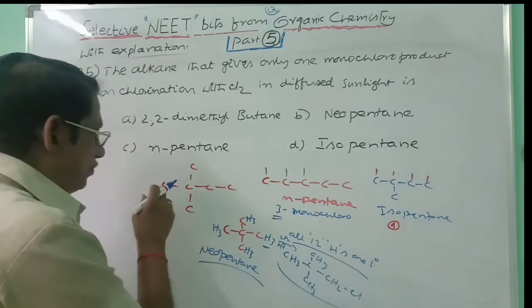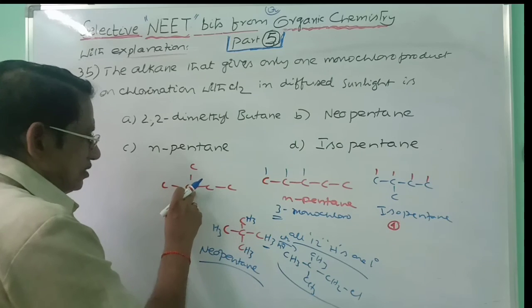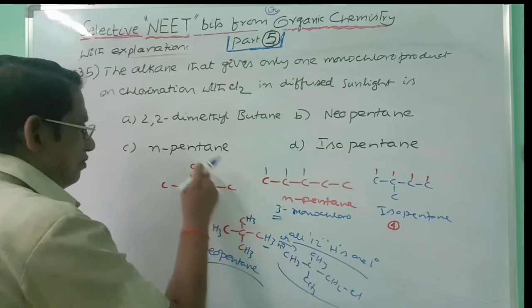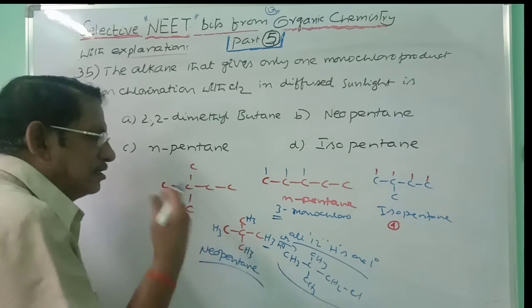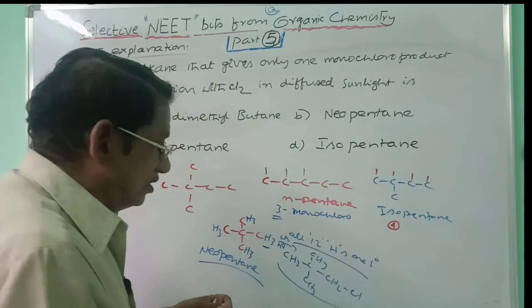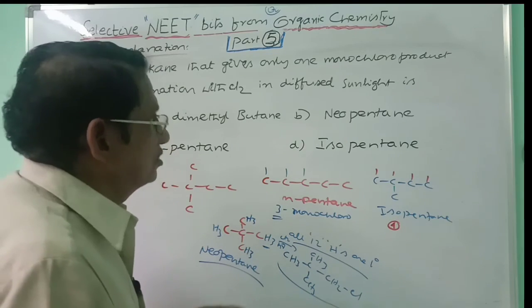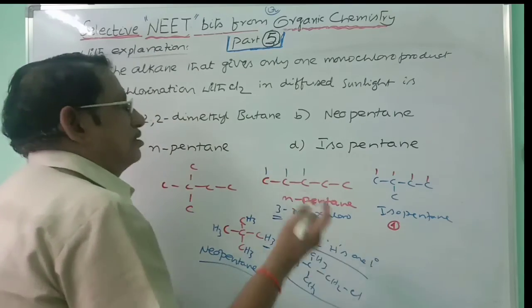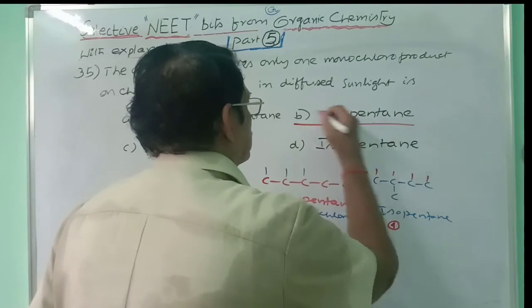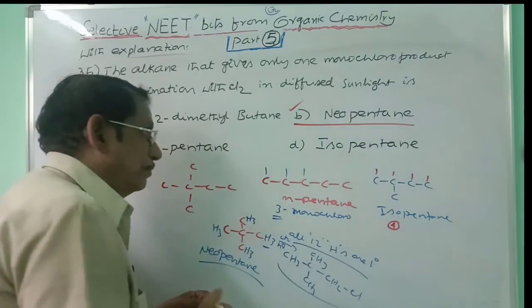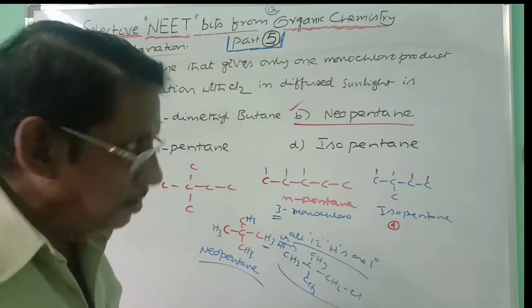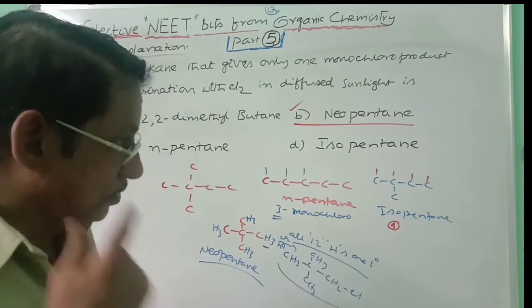In this also, primary carbon, quaternary carbon, secondary carbon, primary carbon, primary. In this way, there are also different carbons. A different number of isomers will be obtained, not one. So what is the correct answer in this case? This is a very important bit, of course. This is neopentane, the correct answer, to give one monochloride derivative on monochlorination of pentane isomers, neopentane.